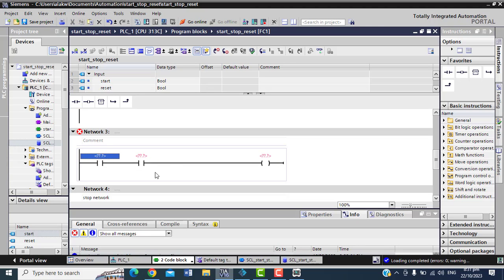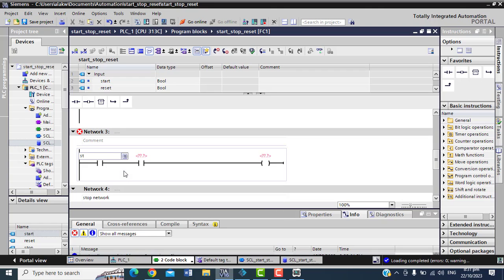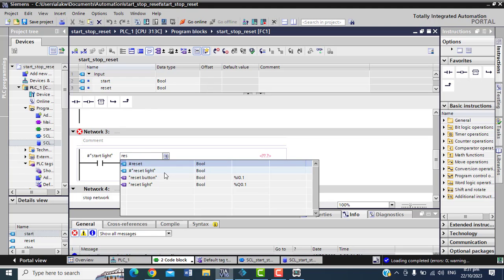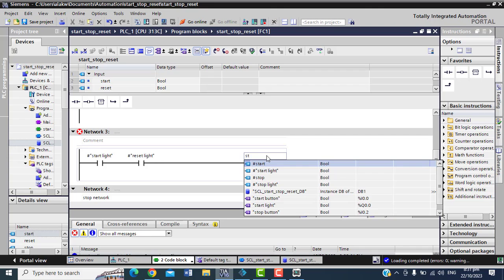So what I could just do, say if this is your start light, right? If your start light dey off, this thing will remain closed or open. If your reset light dey off, this thing will remain... what is it? I want to say if this light no dey on, this light no dey on, maybe say that this light go dey on. Okay, now first put this one, this is your stop light, right?